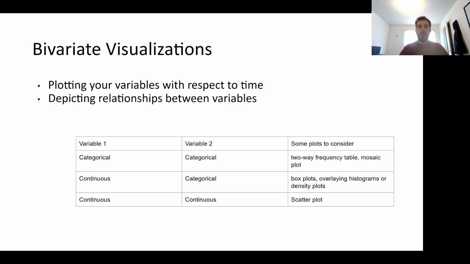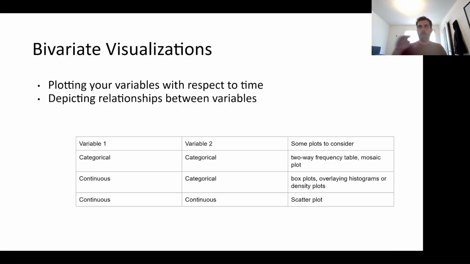So in bivariate visualization, again, I break it down based on the type of variable you're looking at. So if both your variables are categorical, you don't have a ton of choices, right? There's not many ways to visualize 2 categorical variables. You can make a 2-way frequency table where you